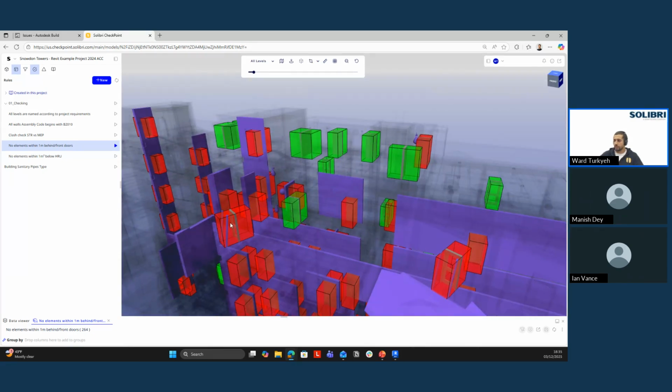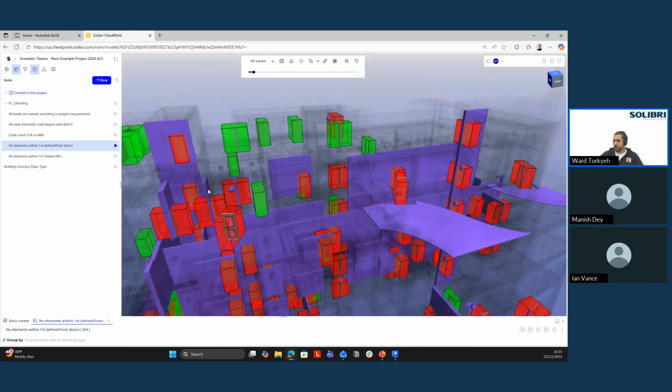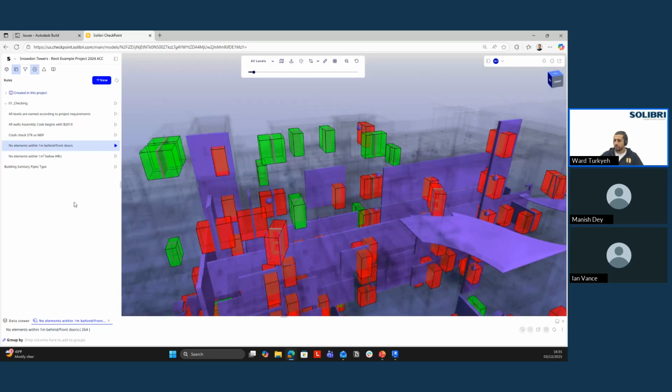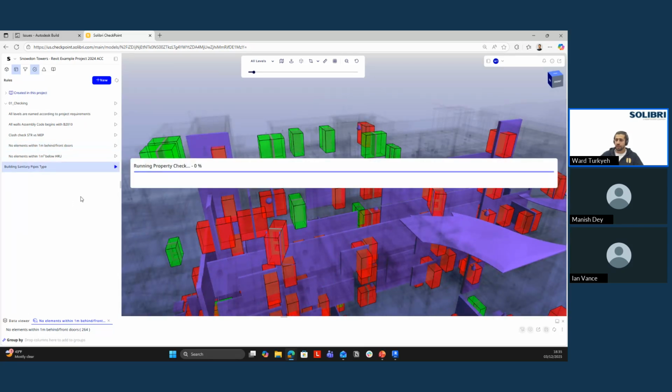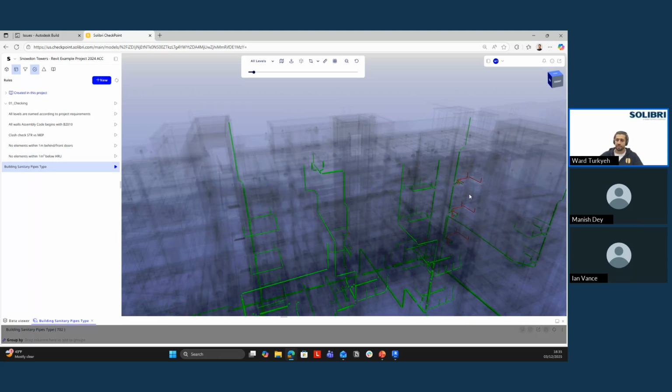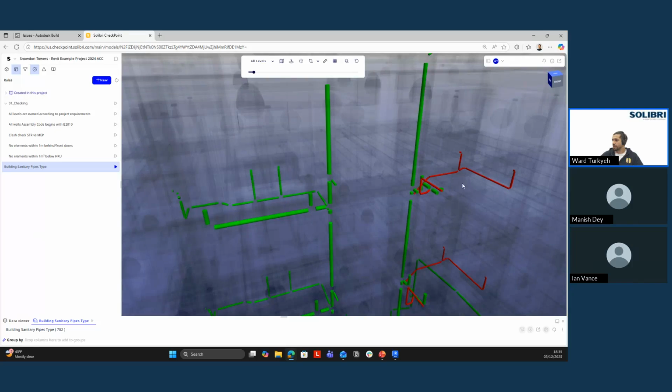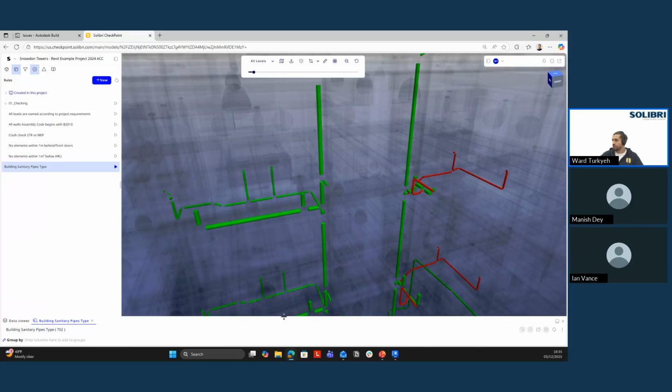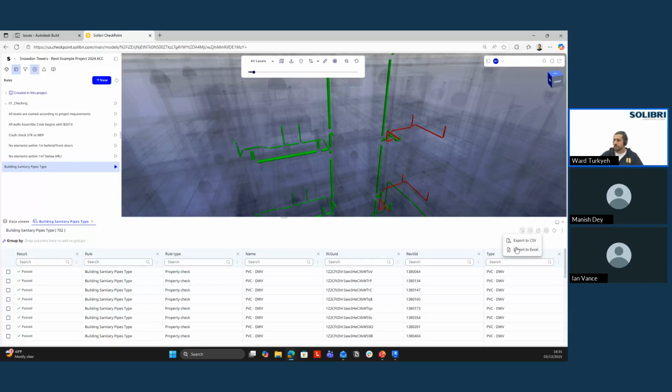Okay, so the last step in the workflow, how do we communicate all these issues? So if I go back to the first rule that I used, the sanitary pipes, there you go. We have some issues over here. How do I communicate this? So we can do it the classic way, Excel, CSV, but also we can do it in a more advanced way